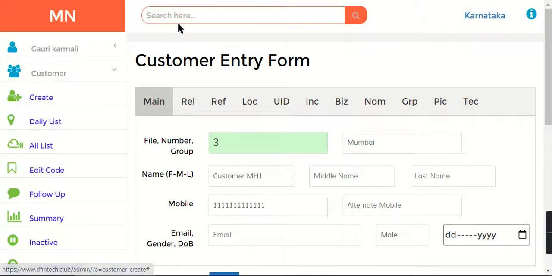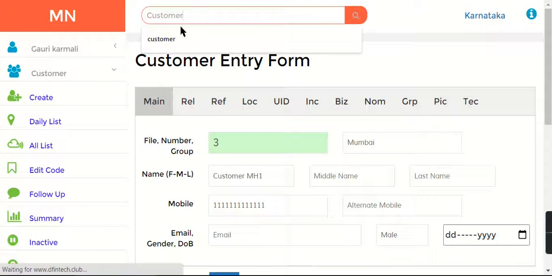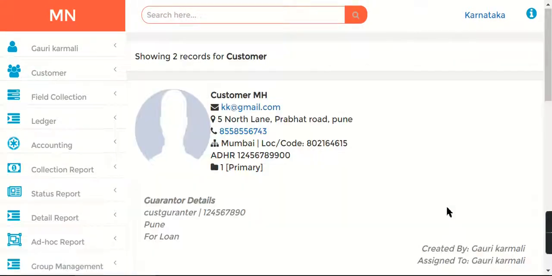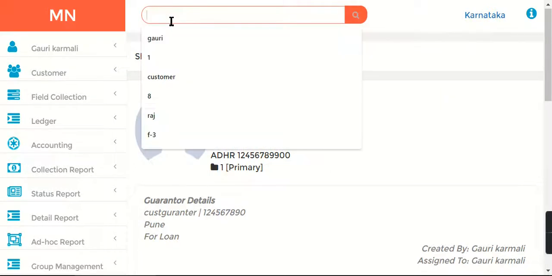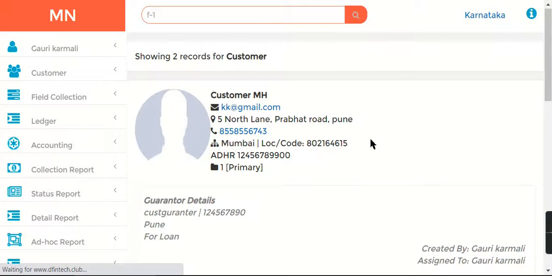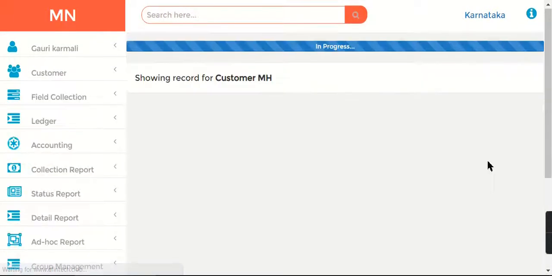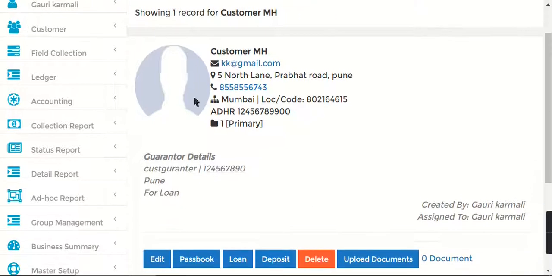Now next, we've already created customers. So let's upload some documents for the customer. So where is the document repository for Genome software? Okay, one more important thing, how do you search for a customer? You search for the customer with the file number. This is the file number. So you either search them by F-1 search, or you search by the customer name here. Okay, either way you will see the customer.